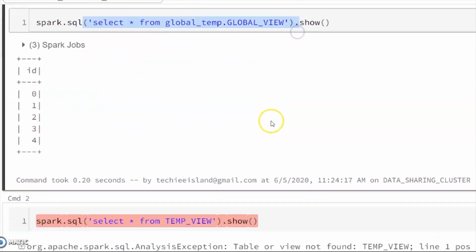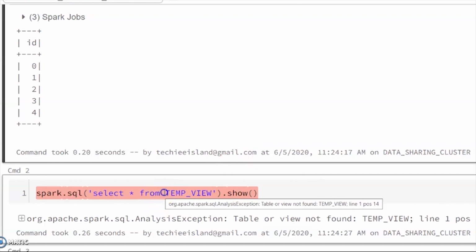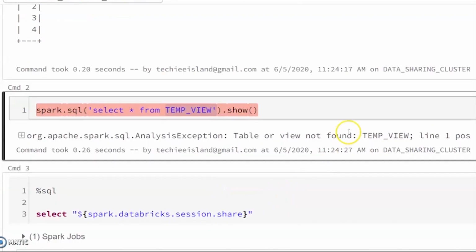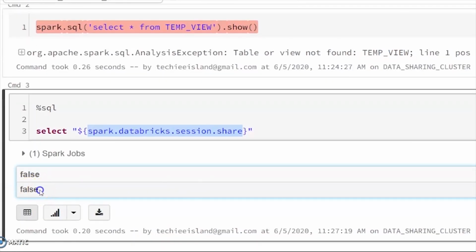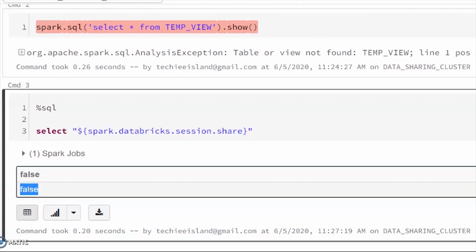But when I try to access the temporary view similarly, I face the same issue. The reason, as I stated, is the session share property, which is configured to false by default. We can change it to true and check how it affects our temporary view